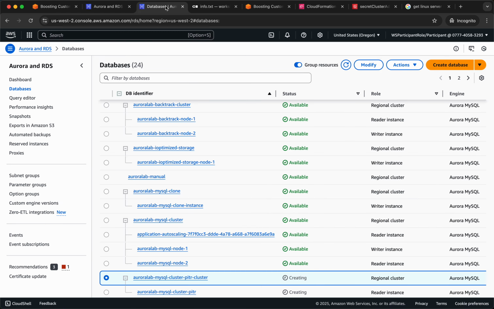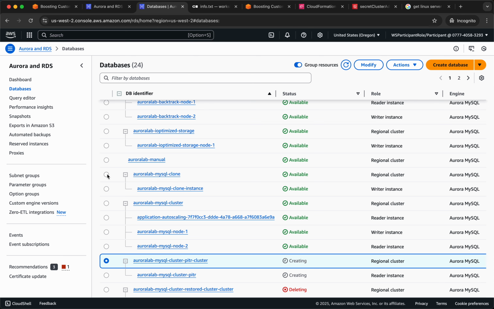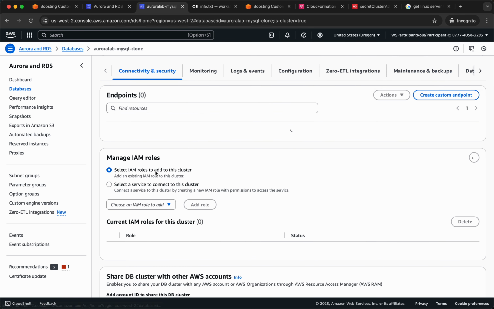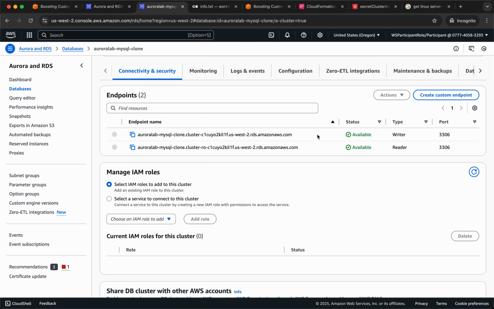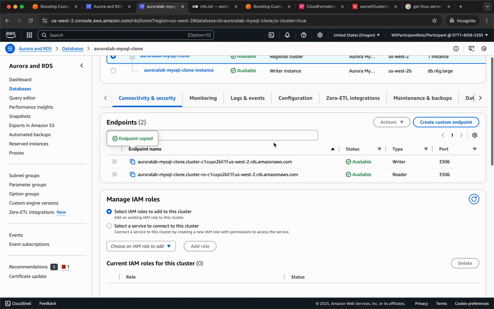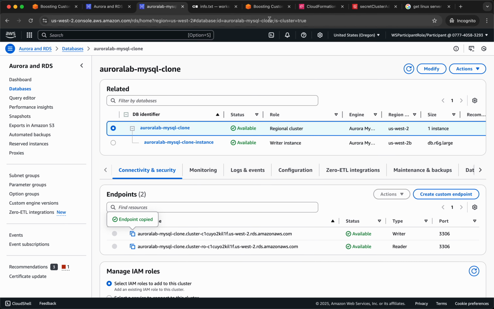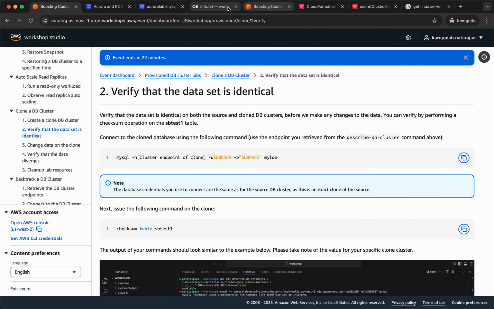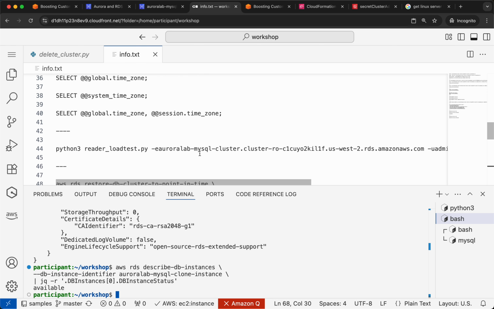So endpoint, how do you get it? You get it from the clone over here. So that is the endpoint and it's available. So I'll just use the endpoint and